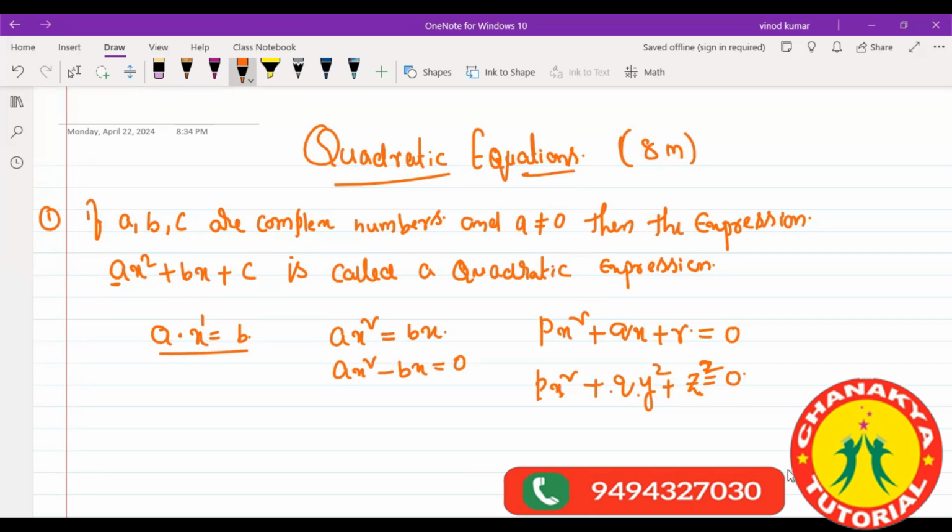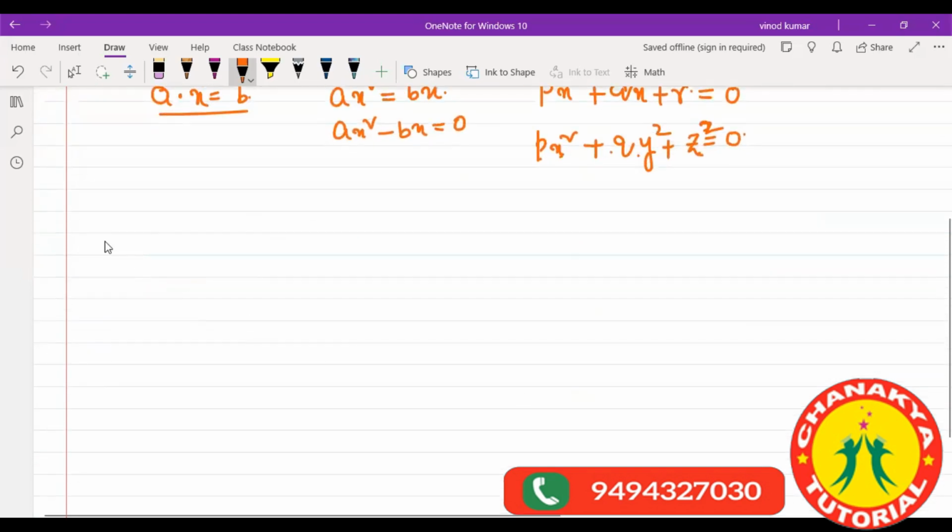Now, every equation should have a solution, should have roots. Every polynomial also has zeros. Quadratic equations have solutions. The solution is nothing but the roots. Here the next point is